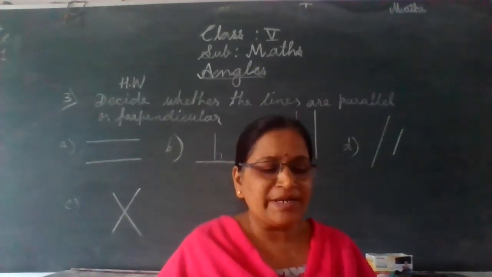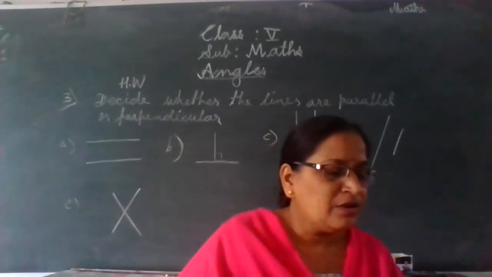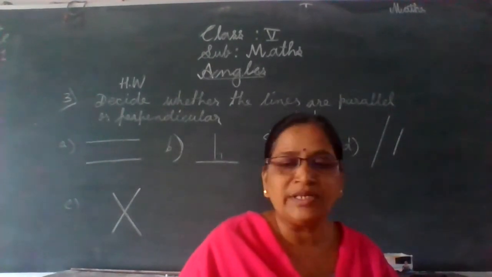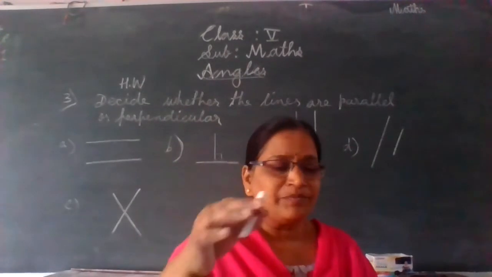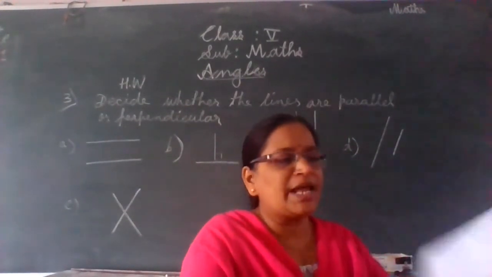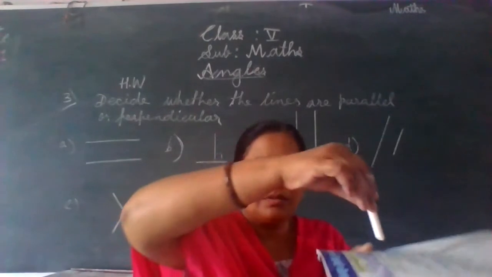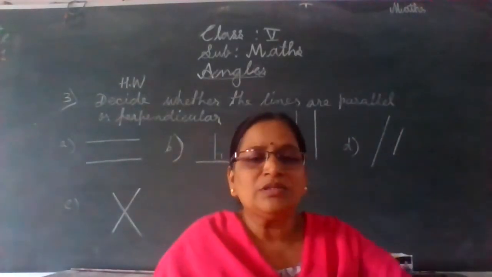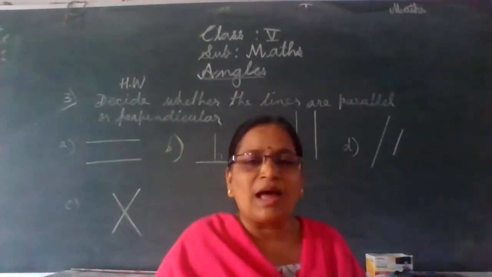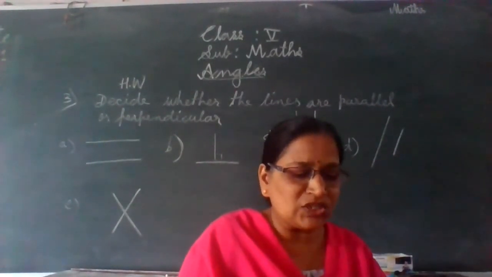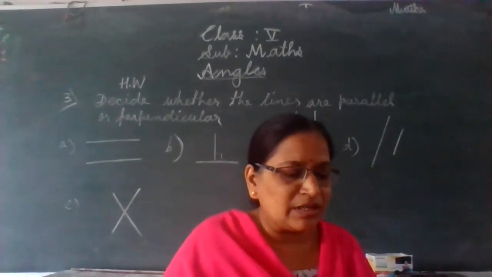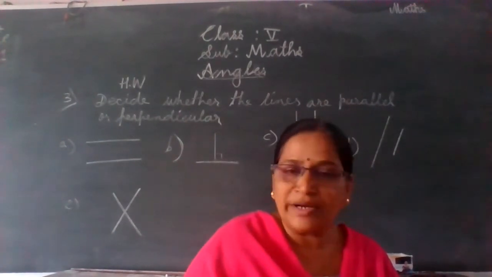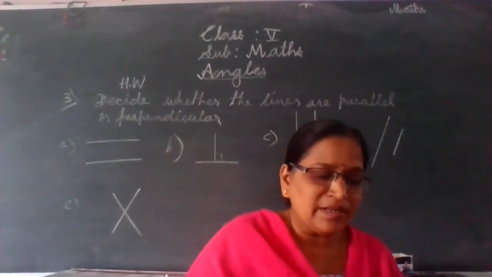Now we have seen many objects standing straight on the ground. These objects form a right angle with their shadows. For example, the angle formed by a pole and its shadow on the ground is 90 degree. See, if the pole stands upright on the ground, in this way, and if you see its shadow, the shadow and the pole both are perpendicular to each other. The angle formed by the pole and its shadow on the ground is 90 degree or right angle. 90 degree means beta right angle.